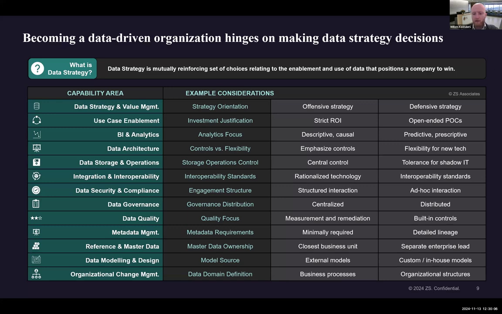So are you going for a set of minimally required attributes, maybe at a system or a data asset level, versus are you going to insist, yes or no, on lineage? One of the most difficult business cases that we've had to build in the past is around lineage. What lineage do you want to capture at what level? So it can be a very salient point in your data strategy.